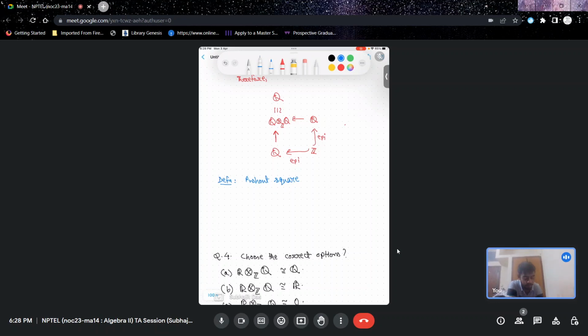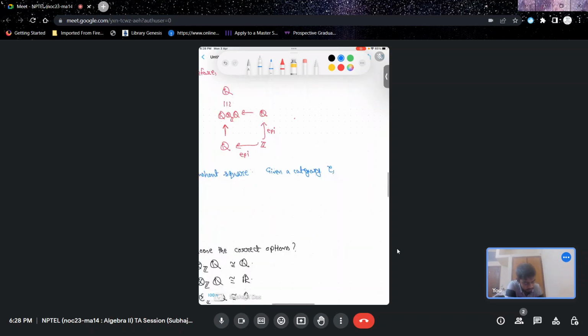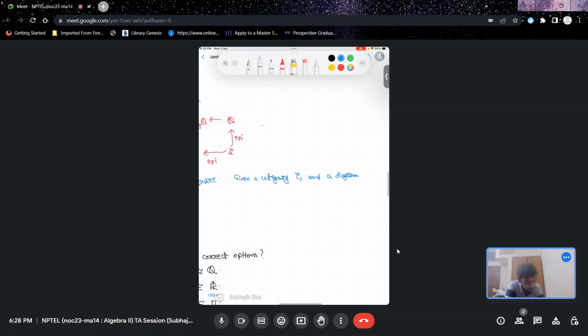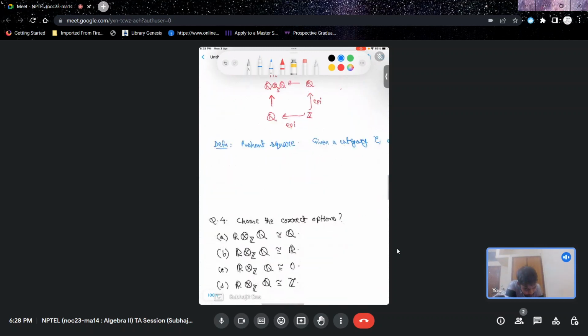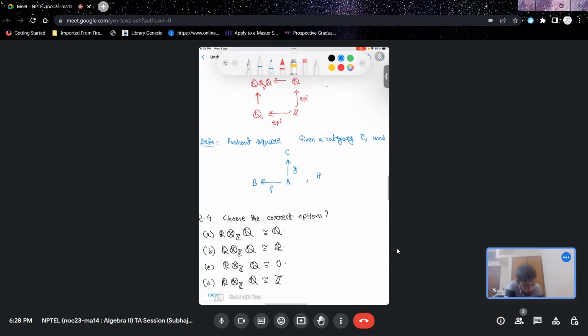Okay, so given a category script C and a diagram of objects and arrows, so you have A here, A to B you have a morphism, and A to C you have a morphism. Okay, the pushout of this diagram,